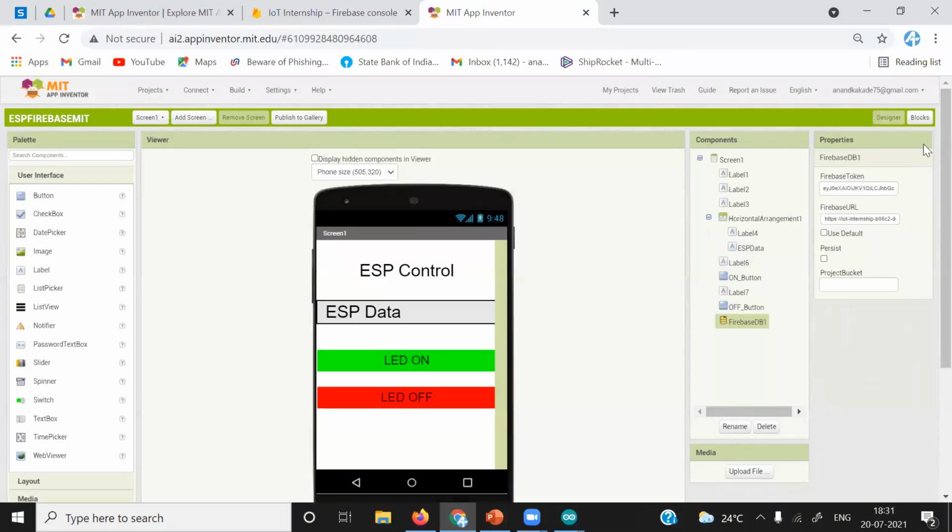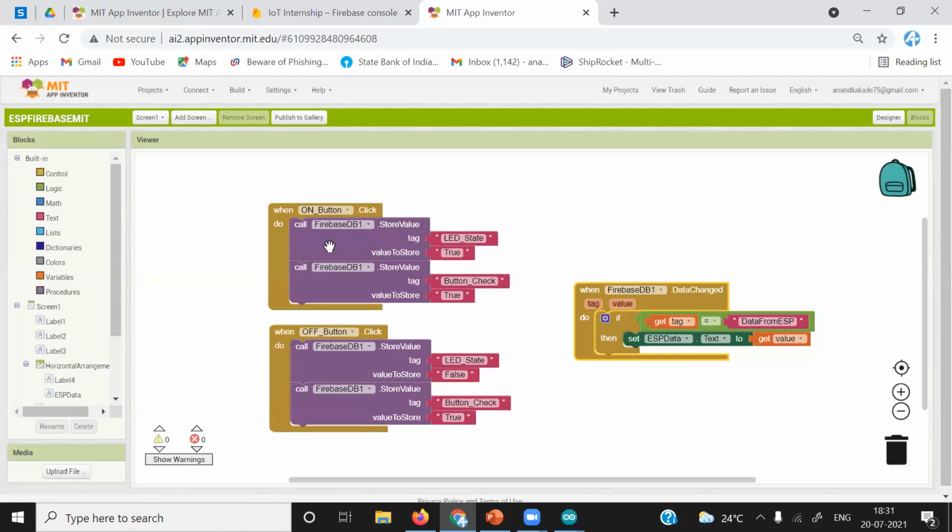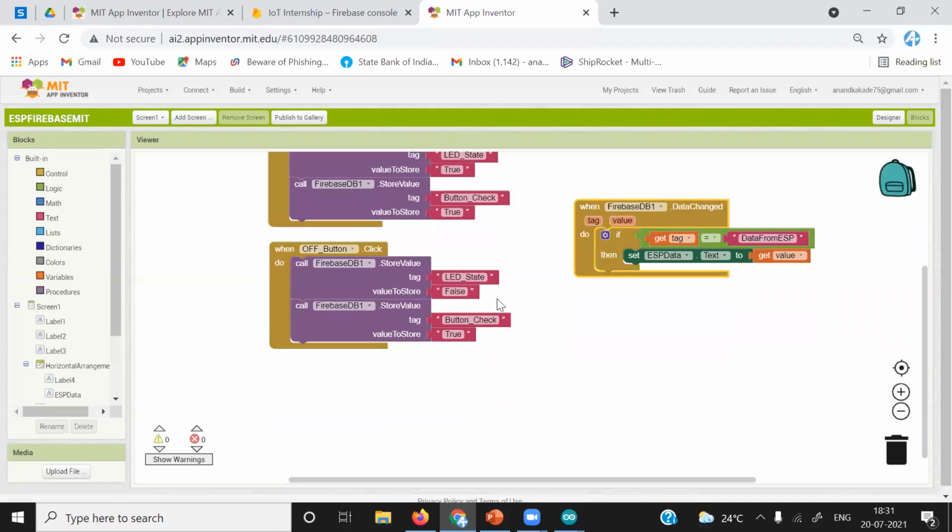So I will first open this logs and understand. Whenever we are pressing this button, we are setting it as true. True means we have pressed this button. We are writing to two objects simultaneously using this button. So whenever we press the button, the LED state will be set to true, and button check is also set to true, to show that we have pressed the button. In case of turn off, we have made the LED false, but the button check is still true because we want to check that we have pressed this button.